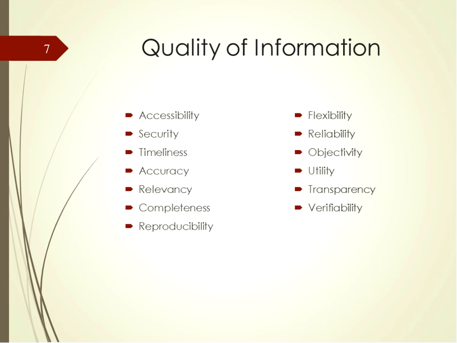Utility refers to the ability to provide the right information at the right time to the right person for the right purpose. Transparency allows users to apply their intellect to accomplish their task, where the tools housing the information disappear. Verifiable information means that one can check to verify or prove that the information is correct. Reproducibility refers to the ability to produce the same information again.